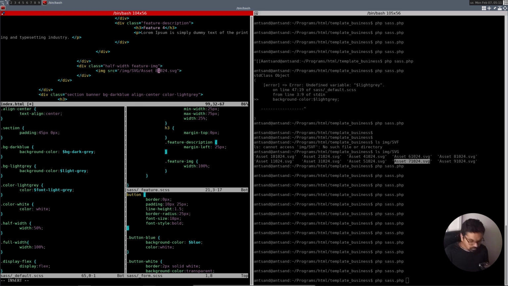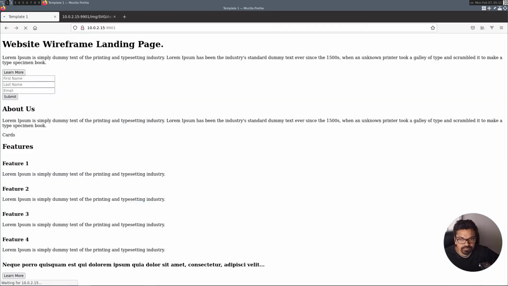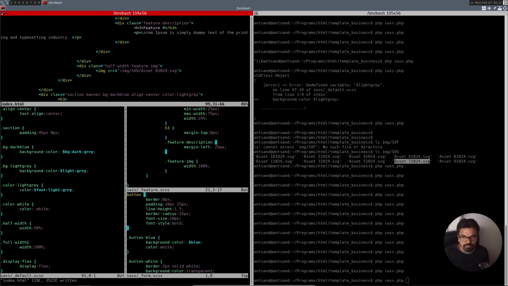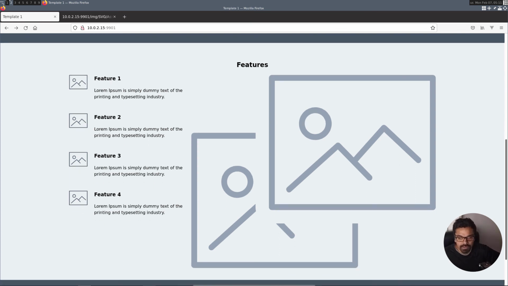I'm trying to see if I can get the right image. Nope. 6. All right, yeah. So we got the right image, and what we'll do is,